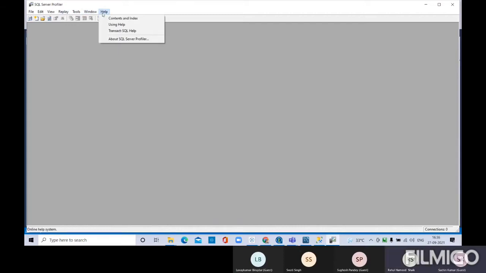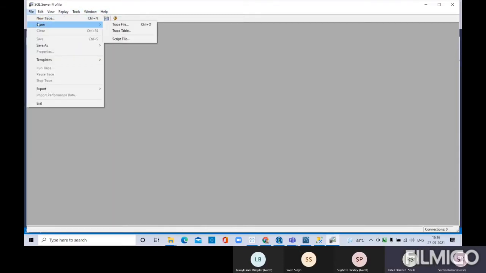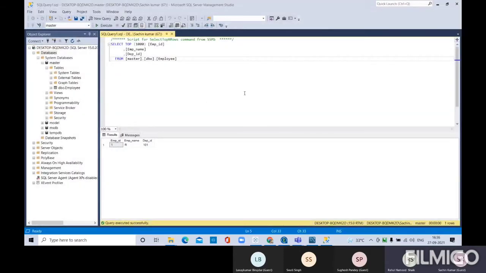Click on open. File open. Is this the same tool or different? This looks like a different tool. Go back to your SSMS itself, the SQL Server one. Here, File.